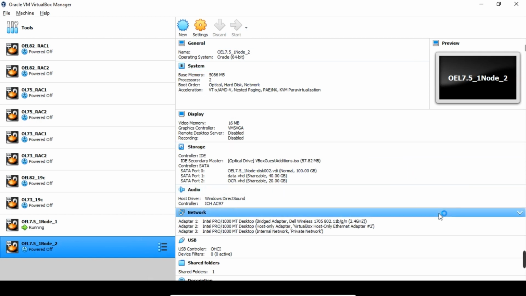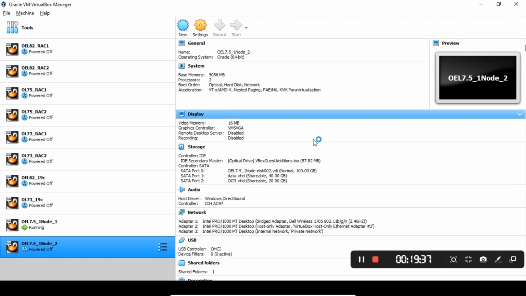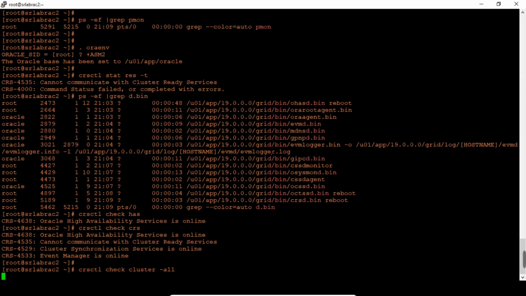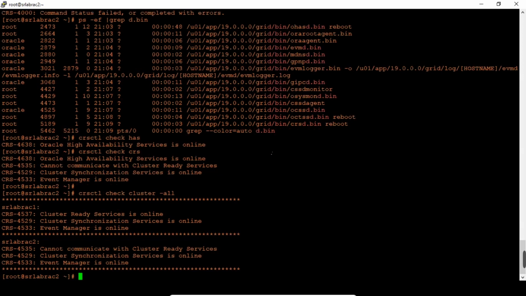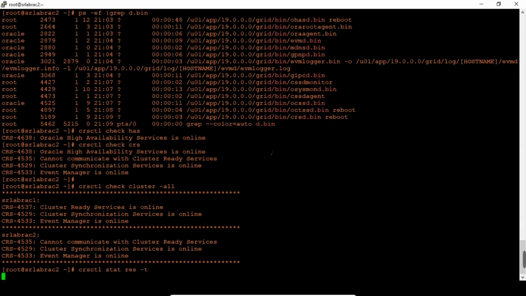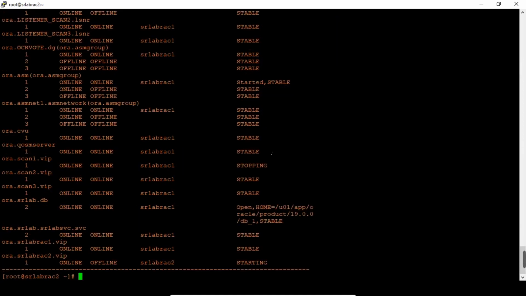It will take some time, so let's wait. Now the CSV reconfiguration is complete. You can see it is starting, SRLab rack 2. It is still starting. Now ASM is starting.